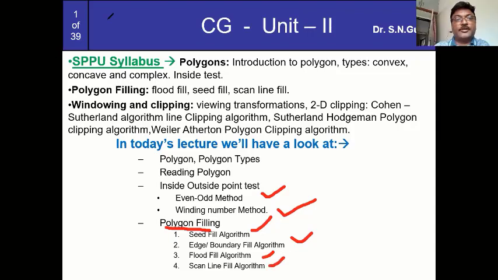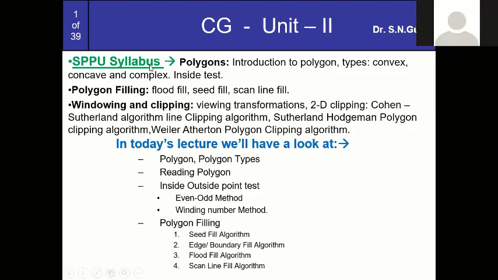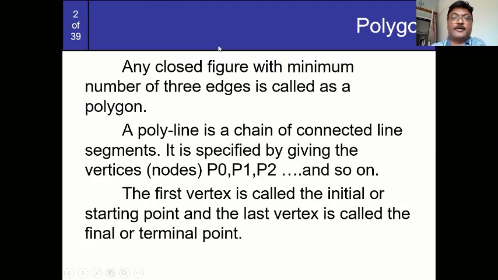Now proceed for the next one then. See, I am showing any figure: the minimum required is three edges. Suppose I want to draw any polygon. The triangle is one of the polygons, having three edges. So any closed figure, with a minimum number of three edges, is called a polygon. So there is one way you can check it. Whatever lines you have considered, those lines are called polylines.